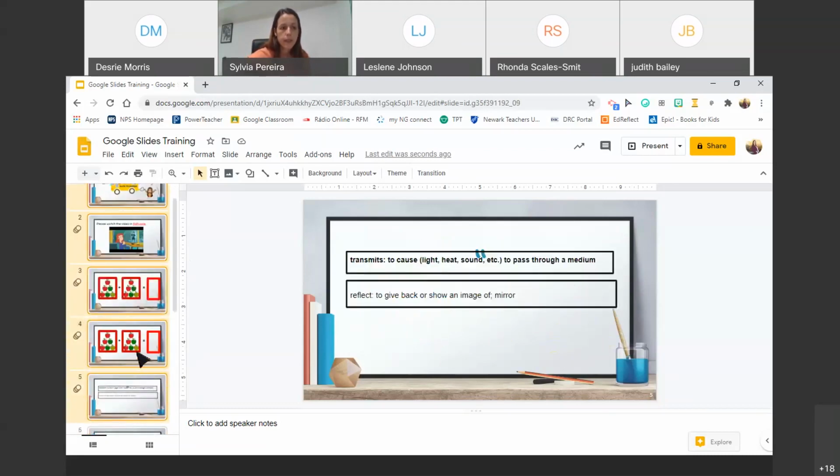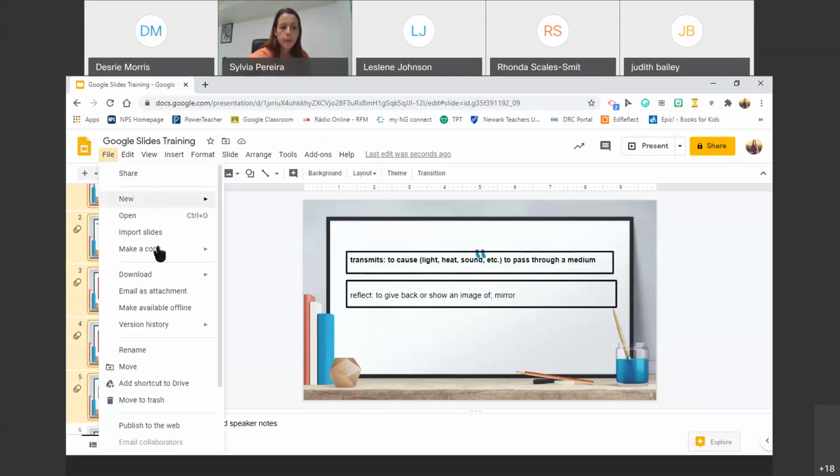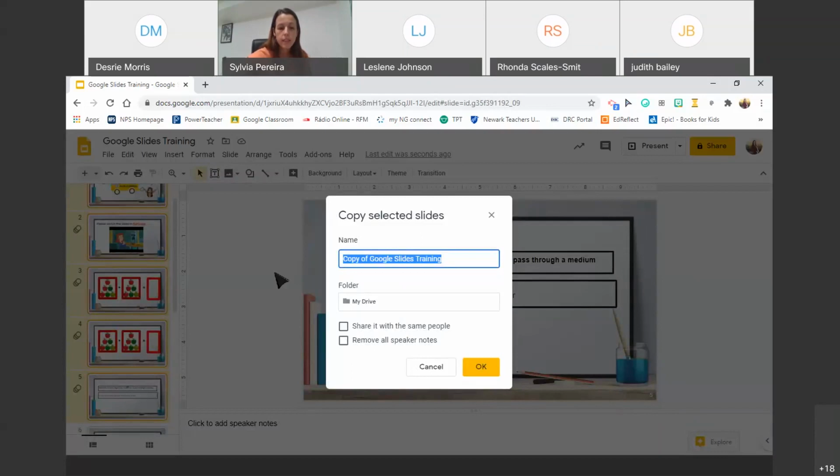right? And then you're going to say File, Make a copy, and then just click on Selected Slides. And then it's going to make a new copy of just slides 1 through 5. Make sure that you rename it, or you can save it as Copy of Google Slides training. It's up to you, but I always like to rename it into the new name of what it is that